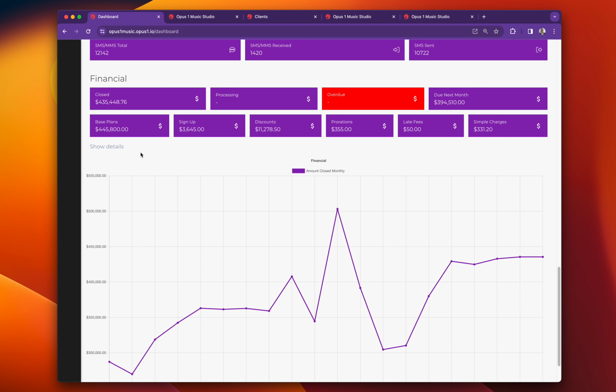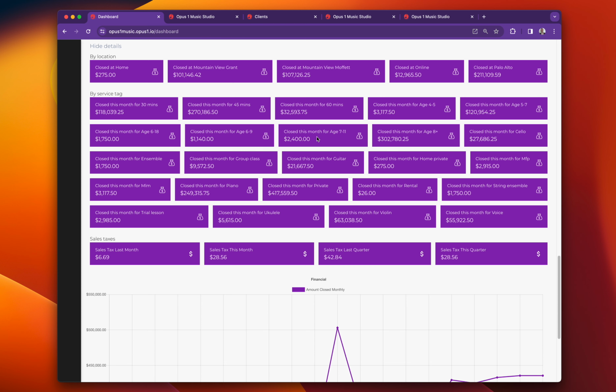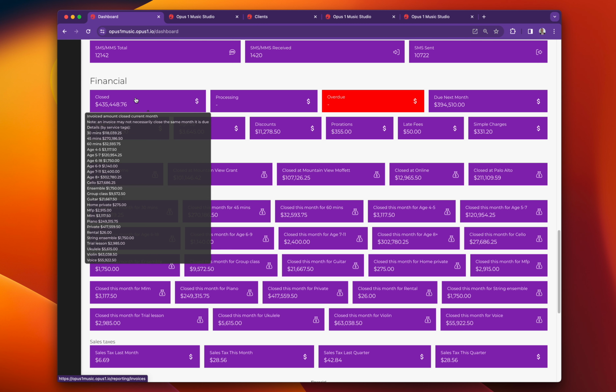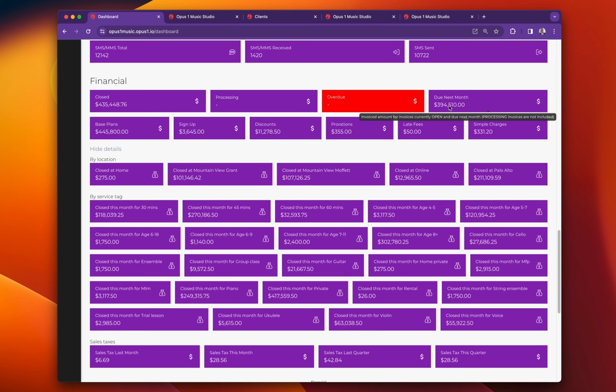And then you have your financials that are also broken down by tags. That could be age ranges, instruments, different tags that you set on your services, and how much invoices were closed this month, no matter if the invoice was due this month or not, with the breakdown by tags as well. How much money you have due next month, how much is currently processing. So processing is